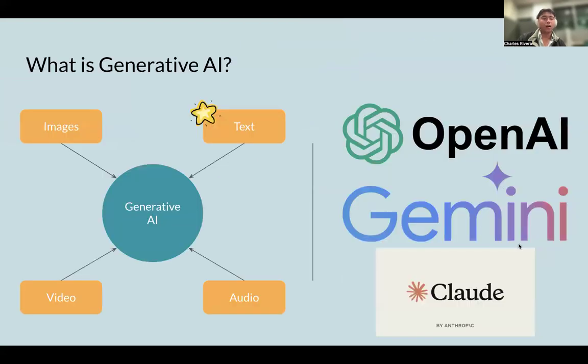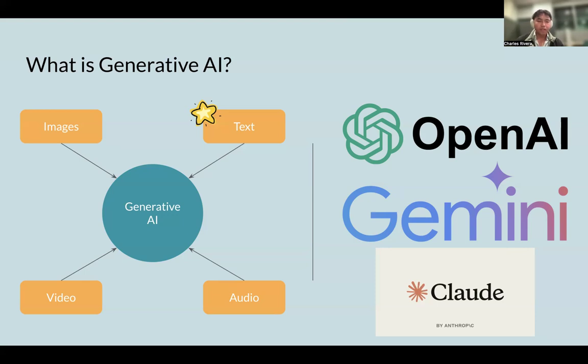And so just getting things started, what is generative AI? I feel like when we talk about this, what first comes to mind is like ChatGPT and maybe other AI models like Google Gemini or Anthropic's Claude. However, broadly, generative AI is essentially a lot of different media that is trained on a model. The model understands the different patterns and relationships between the different kinds of media. And at the end, that generative AI model is able to produce media that's similar to the information that it